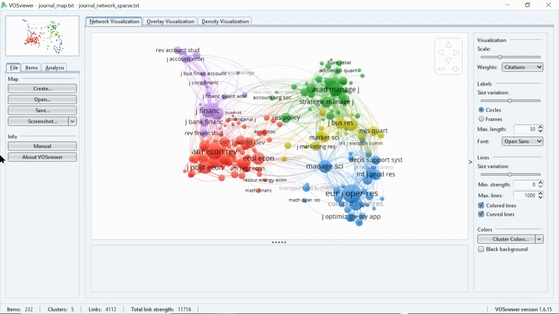One more thing you need to understand is when two items are nearer or in closer proximity, it indicates that their association or relation is strong. This is how it interprets the data. So we will see what these clusters and colors are about. We can see 5 colors, right? Red, violet, green, yellow, and blue. So there are different terminologies, different journal names.